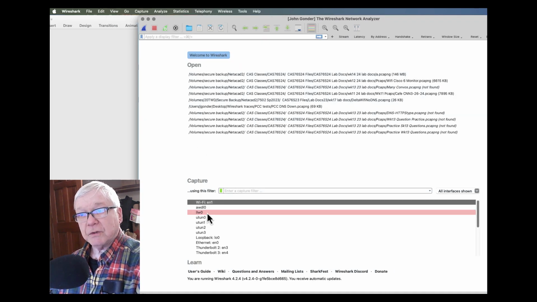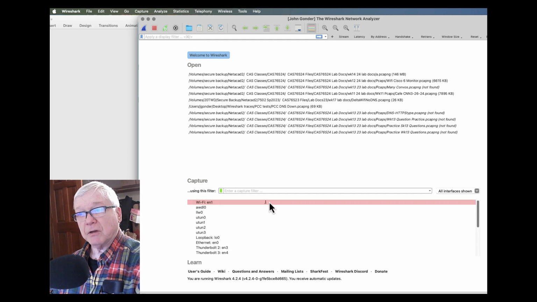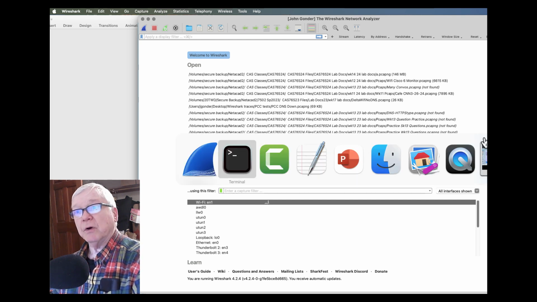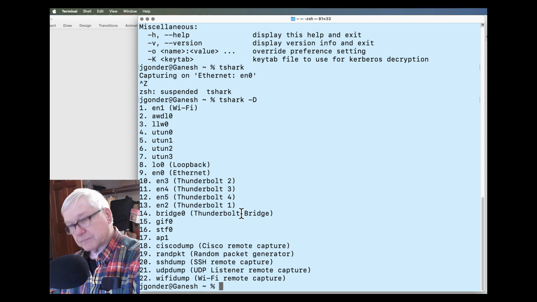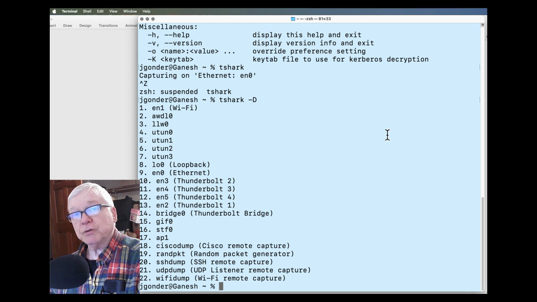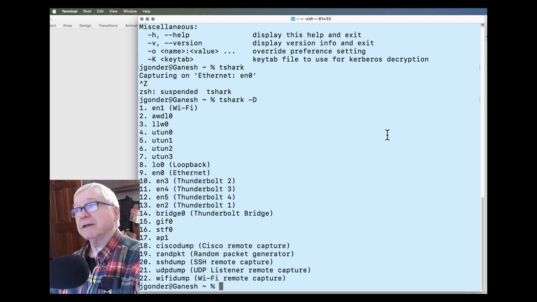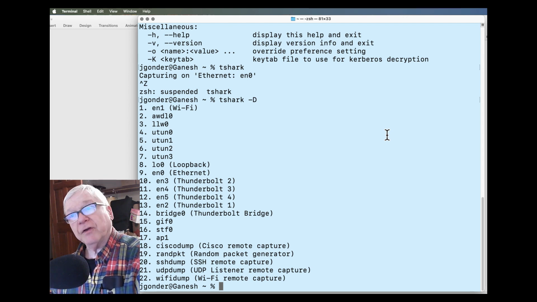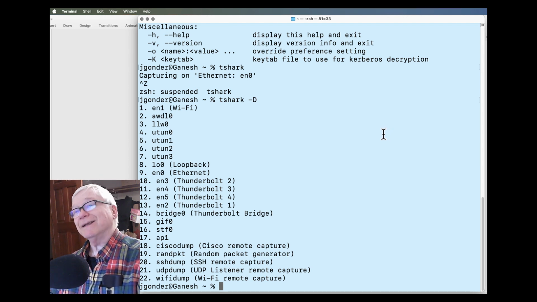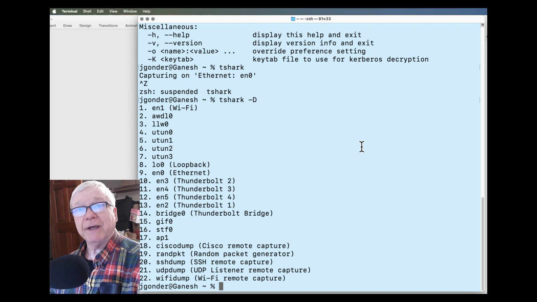If I need to, I could start to see by the spark line which is the active interface, and then I can know which one I want to use for T-Shark or dumpcap, for instance. And the same thing would be true on the Windows side. I could open Wireshark, see by the spark line what's an active interface, and then use that as the argument for my command in the command line tool.